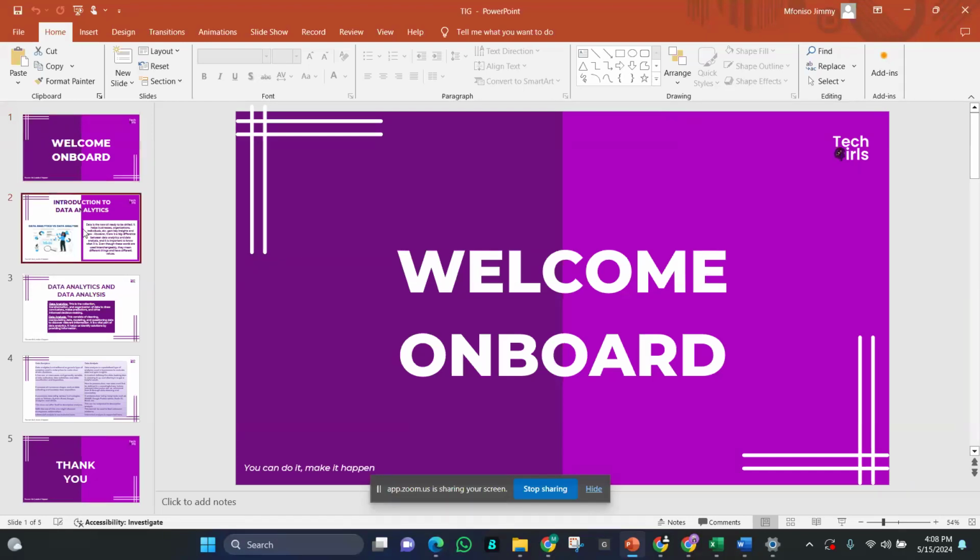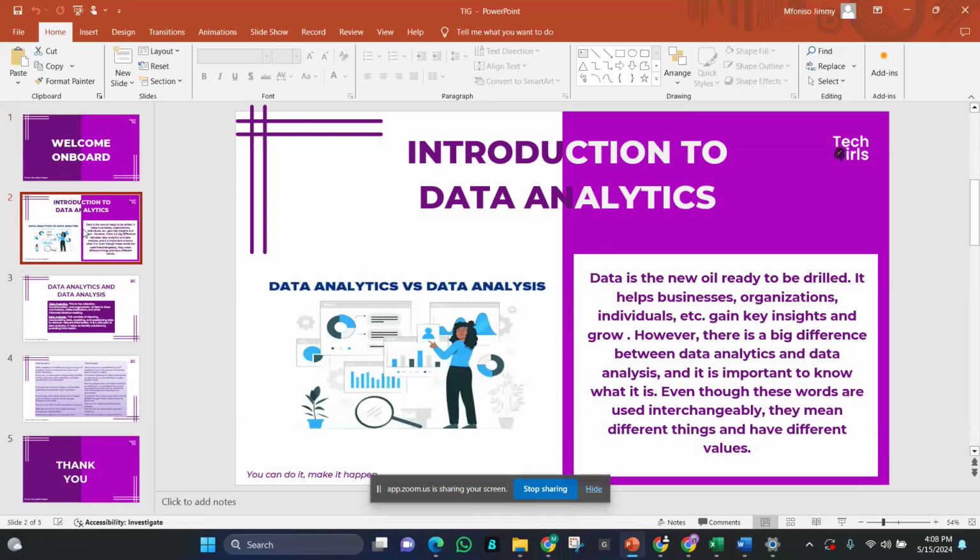So, introducing you all to data analytics. We all know that data is the new oil. Data is converting raw facts into useful information, like we were taught in our computer classes. And right now it is the new oil and it is ready to be drilled.